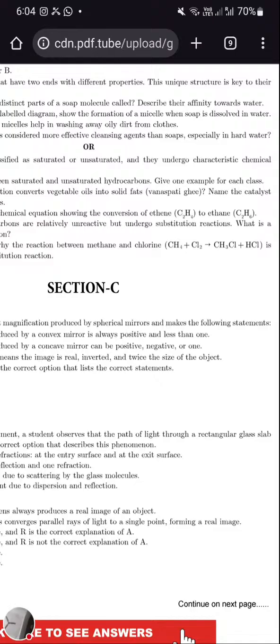So here, when hydrogen is added to an unsaturated hydrocarbon, the unsaturation ends with the formation of a saturated hydrocarbon. Like CH2 double bond CH2, if we add hydrogen in the presence of a nickel catalyst, it forms CH3 single bond CH3. So ethene gets converted into ethane. This is an example of a hydrogenation reaction, where vegetable oil gets converted into Vanaspati ghee.